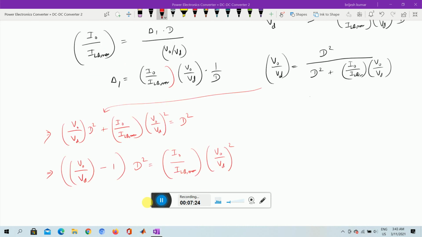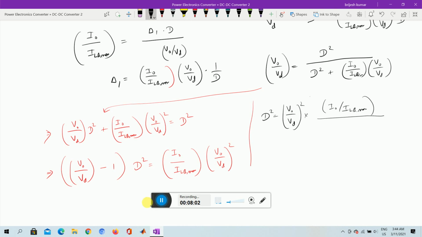so we just rewrite this equation here like cross multiplication with d square, another is this term square, because this V0 by Vd and V0 by Vd will multiply each other and square, getting this term. And we can take this d square on this side and say this minus 1 d square is equal to this, and that gives us the final expression now, that d square is equal to V0 by Vd whole square into I0 by ILB max